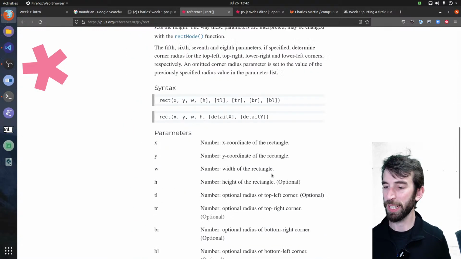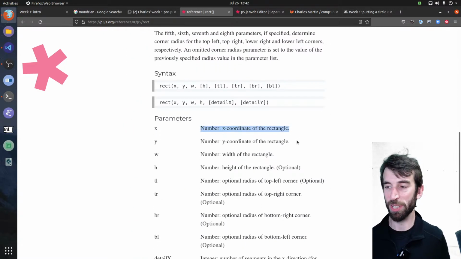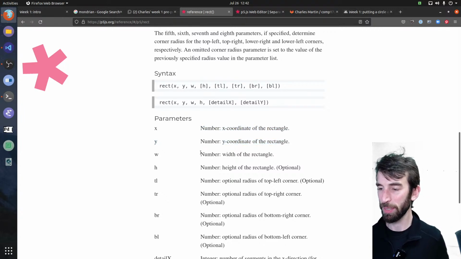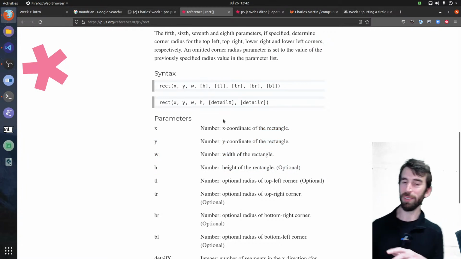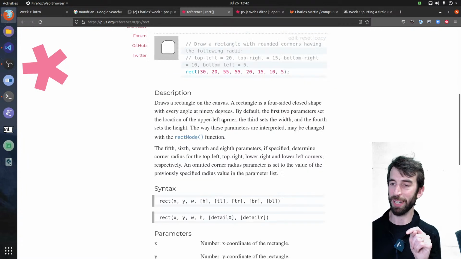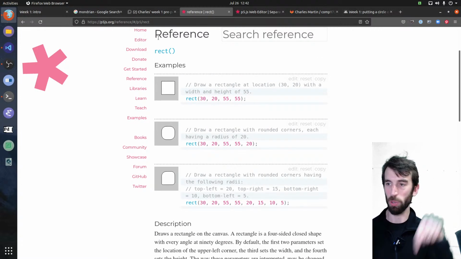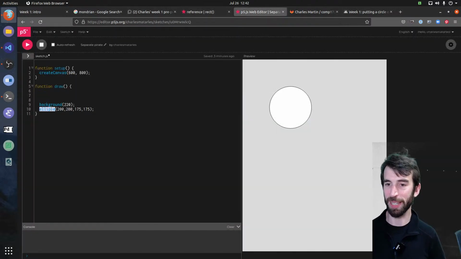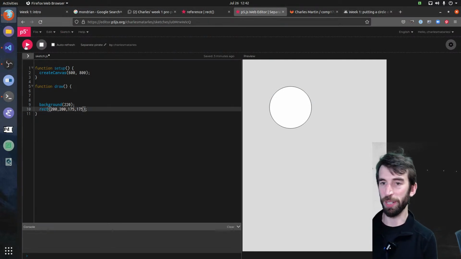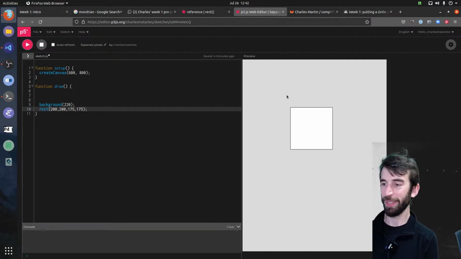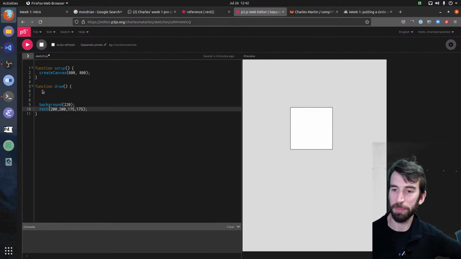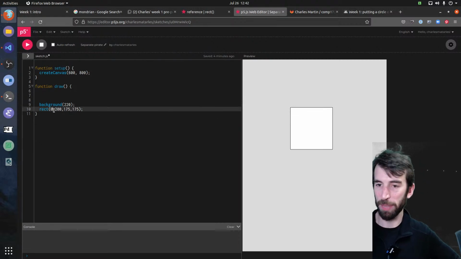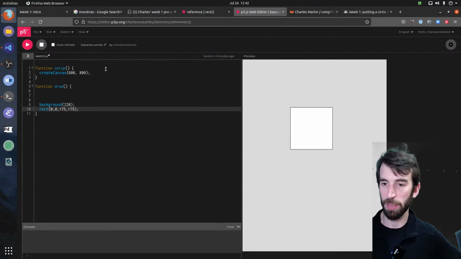And we could look down here at the parameters. The first two are the x and y coordinates of the rectangle. Then there's the width and the height. And I know that with the ellipses, you gave the x-coordinate of the middle, but I think with rectangles, you give the coordinates of the top left-hand corner. Let's just try that. We'll make a rect instead. And it should show in a different place. Yeah, see? That was the center of the circle, and now it's the top left-hand corner of my square. So if I want this to be in the very top left-hand corner, it's going to have to be there.